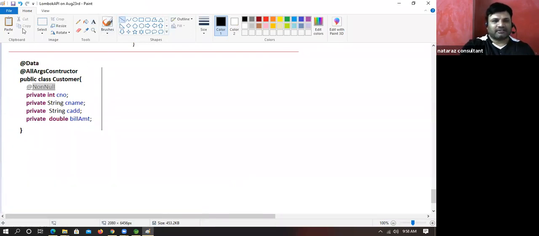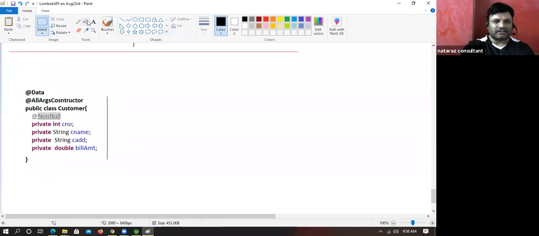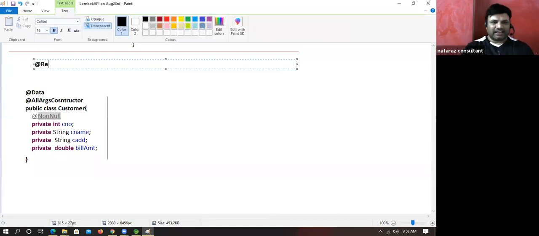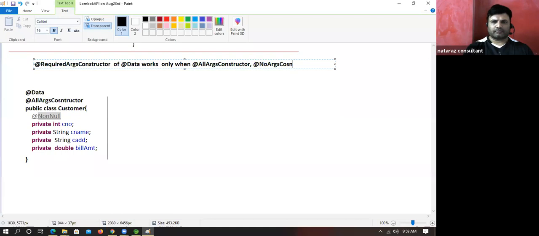First let me give the point, then I will give the generated code. @RequiredArgsConstructor of @Data works only when @AllArgsConstructor and @NoArgsConstructor are not placed on the top of the class.